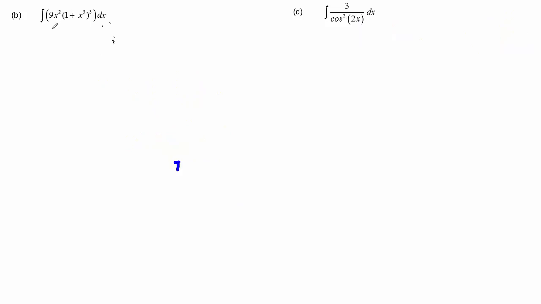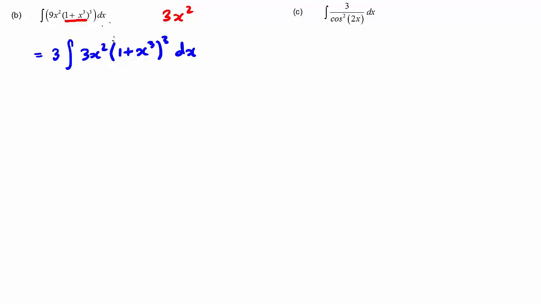So the next integral we want is 9x squared (1 plus x cubed) all cubed dx. Now if you look at the inside function just here, if you were to differentiate that, you would get 3x squared. So if we rewrite this 9x squared here as 3 times the integral of 3x squared (1 plus x cubed) all cubed,